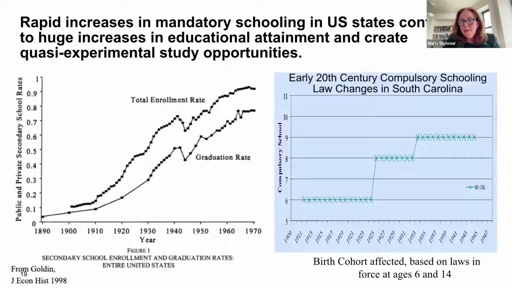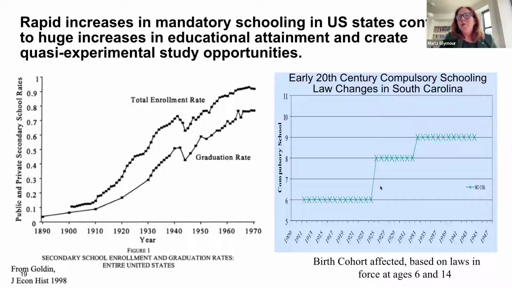However, there were huge changes in mandatory schooling in the United States across the 20th century. And those huge changes led to very large increases in educational attainment. And Claudia Goldin, before she was so famous around women's work, did really wonderful work on educational attainment. This is showing radical increases in secondary school enrollment and graduation across the United States. This is white 18-year-olds, I think, across the course of the first half of the 20th century. You can see these huge increases. Much of that was enacted via changes in mandated schooling, so the age when children could drop out of school.